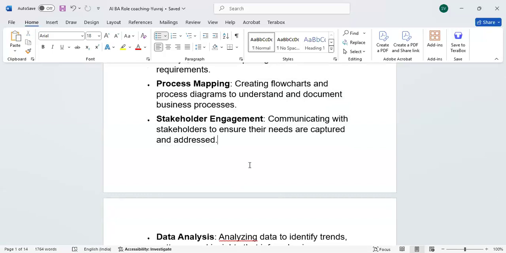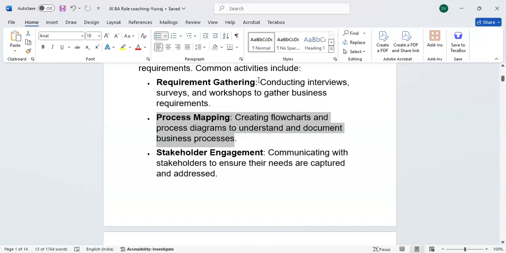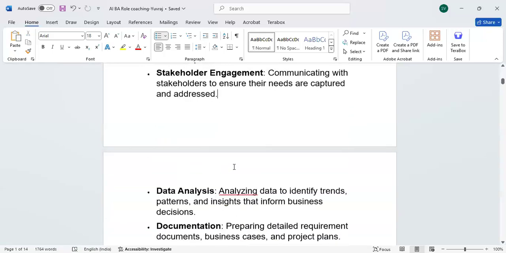But you as a BA are going to confirm it through your process flowcharts and requirements. You are going to document the requirements, then later document the process flows, how the business operation is going to work after implementing this kind of system. That is the communication you are going to have with the stakeholders. That is the engagement you are going to perform under stakeholder engagement.